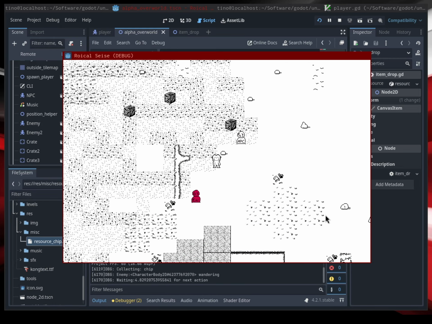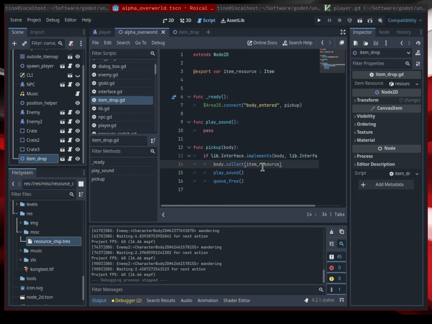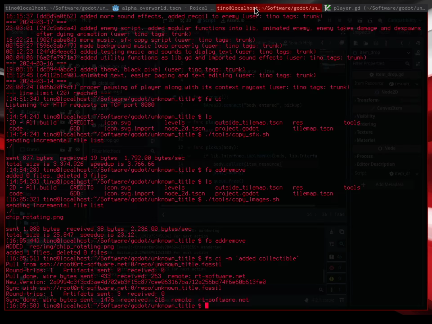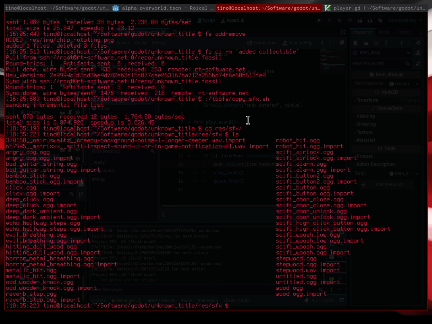I'm currently adding an item. It's a simple collectible. It's a simple chip. With custom resources. So now we need some sort of